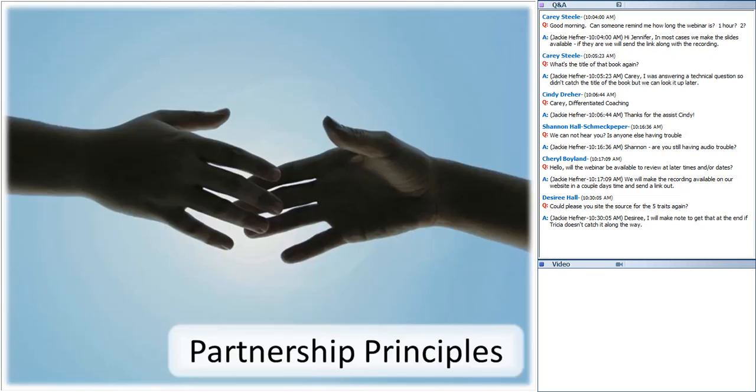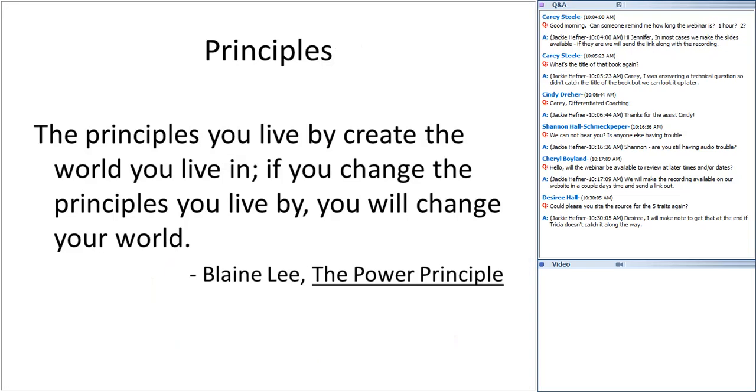And the way they do that is through the partnership principles. This is really what we're going to wrap our webinar up on. The partnership principles are simply a set of principles that guide your interactions with staff. So whether you are evaluative or non-evaluative, all of the coaches in a building should be really striving to hit these principles. Now, just because you have principles doesn't mean they're never violated. It simply gives you a stick by which to measure.